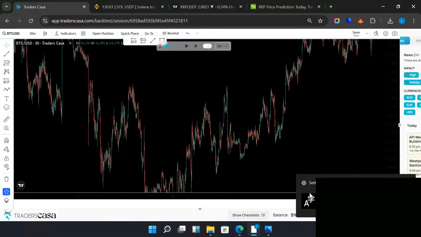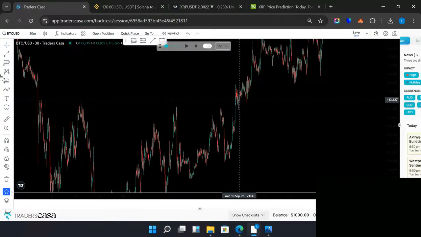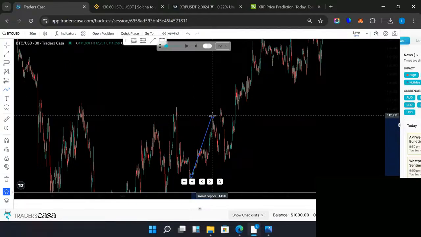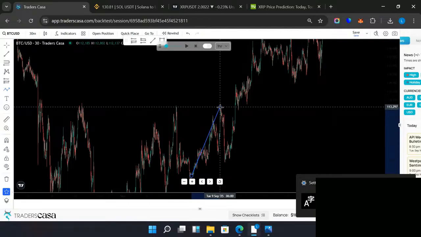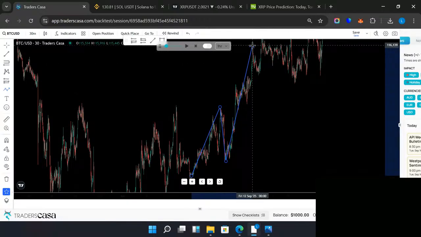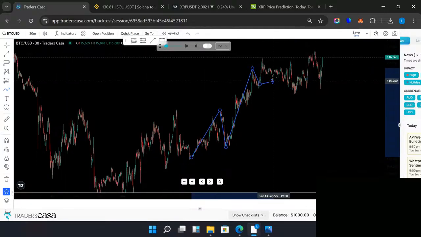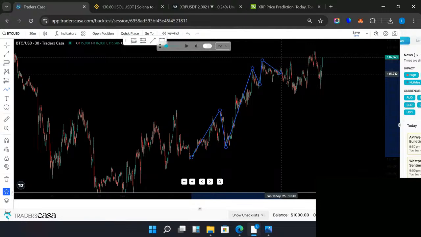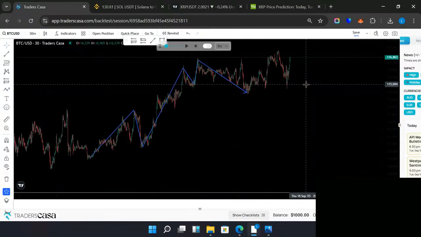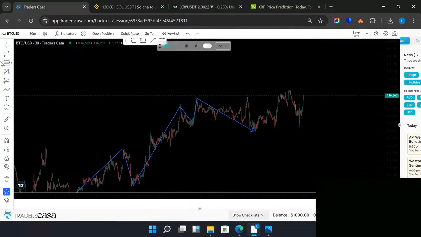Now let's zoom out of the chart for a second and then look at the chart. If you see over here, till here, this is just a normal pullback. We look at that, it was just a normal pullback, not a complex one. So if you look at that also, no, definitely this was the thing. Now if you look over here, this was a market shift. Yes, this was definitely one. If we look over here also,